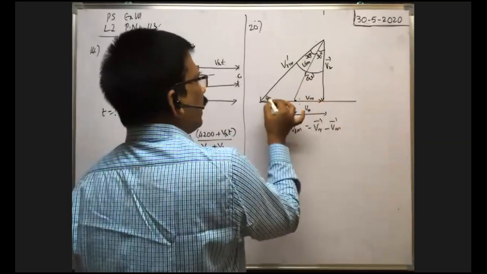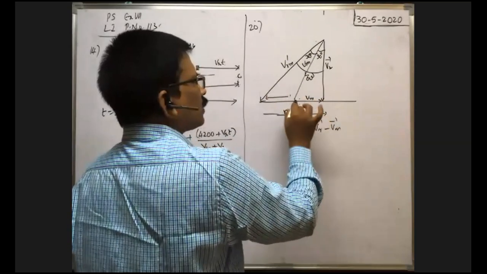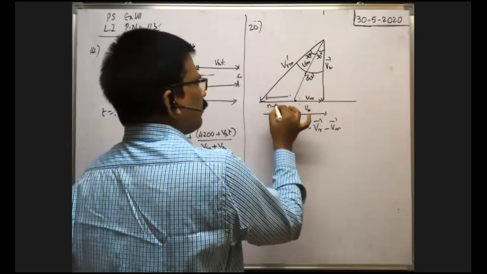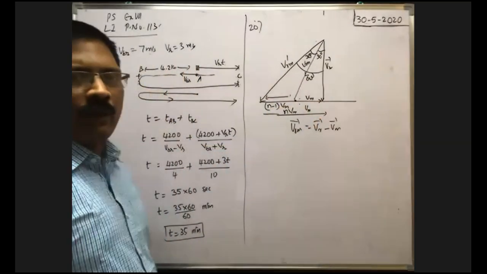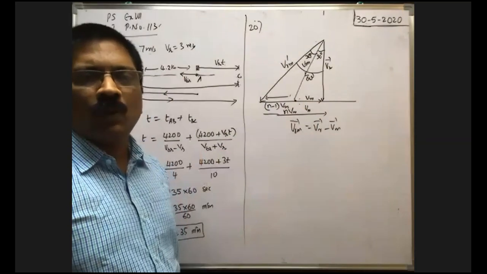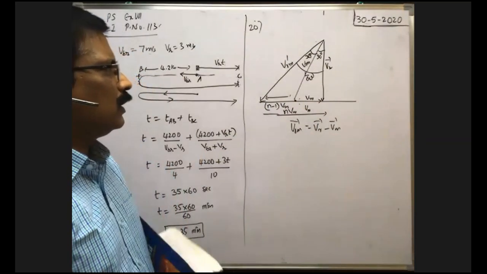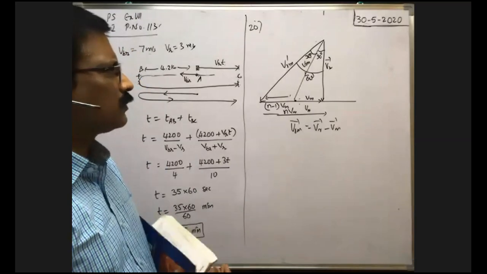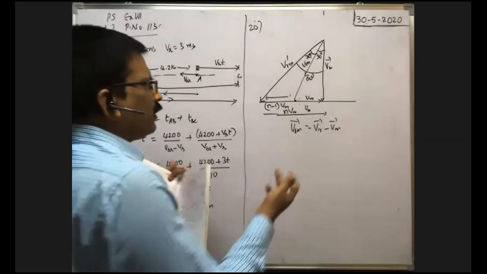Then what about this magnitude? Because this total magnitude is equal to nVm, in which you subtract Vm. Then remaining is n minus 1 into Vm, no? Now this is the diagram. Now you apply the Lami's principle, or tangent rule. Directly we can do.